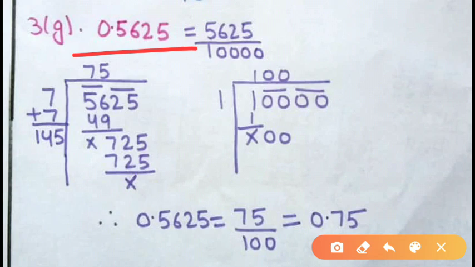But if you are not feeling comfortable doing it directly, first of all just remove the decimal, then apply the long division on the numerator and on the denominator, and just write numerator upon denominator, and you will get the same result. So our exercise 3C ends here, but do more and more practice on the long division method. If you do not practice this type of question, you will not be able to understand it. Thank you.